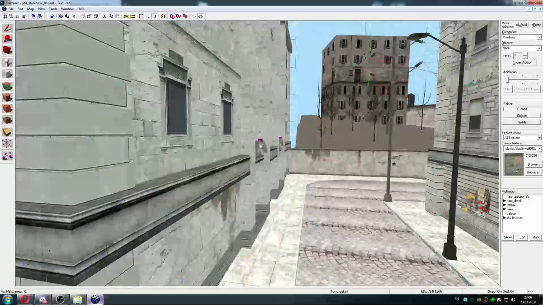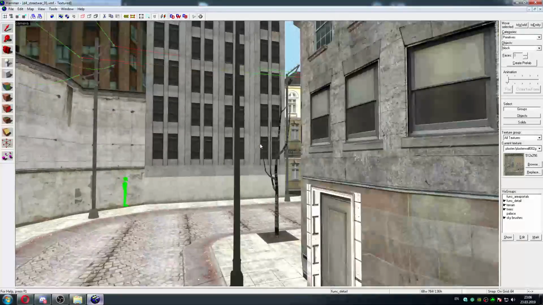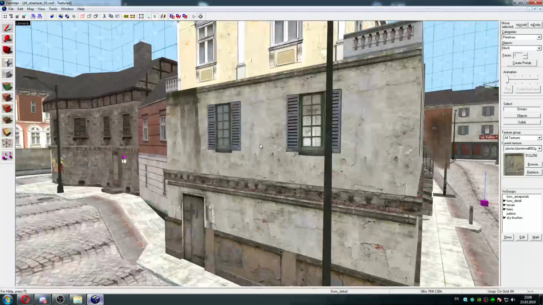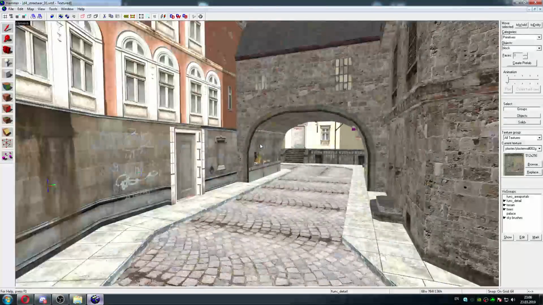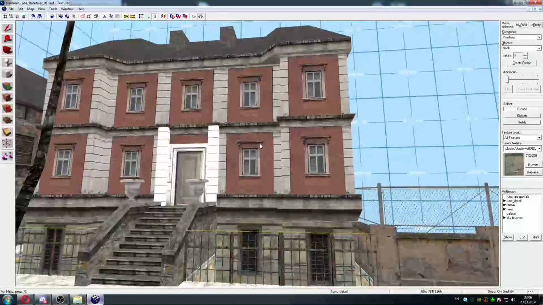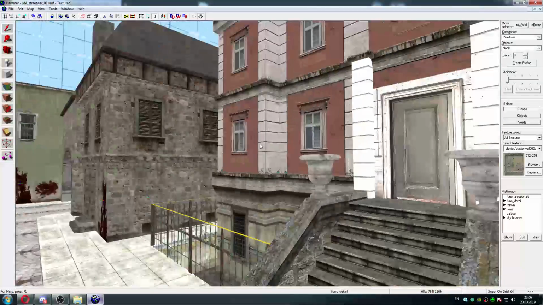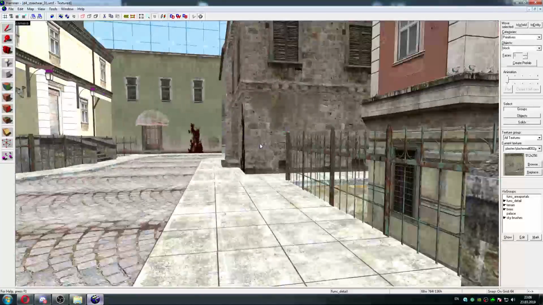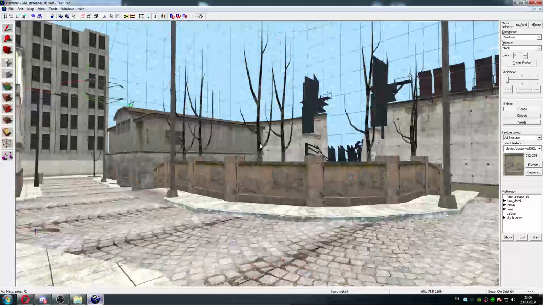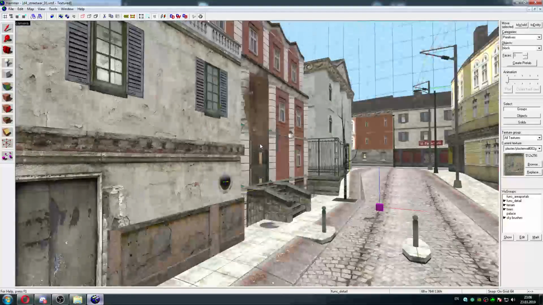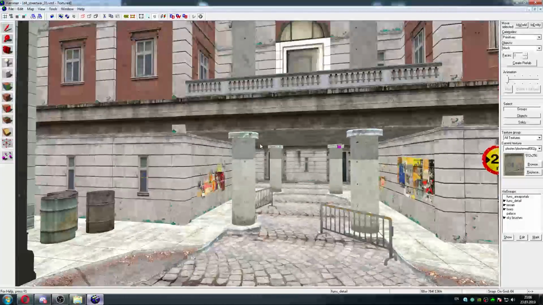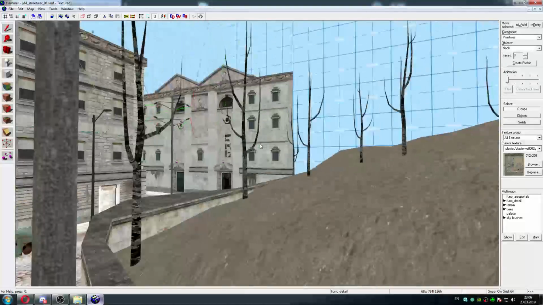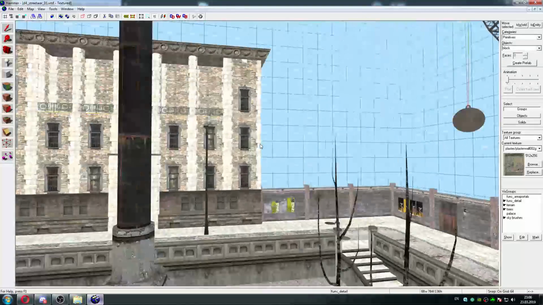So I guess this map is about to be fixed. Everything now looks pretty much in order. The textures have been fixed. Missing models have been fixed. So which problem can occur to us when we are fixing